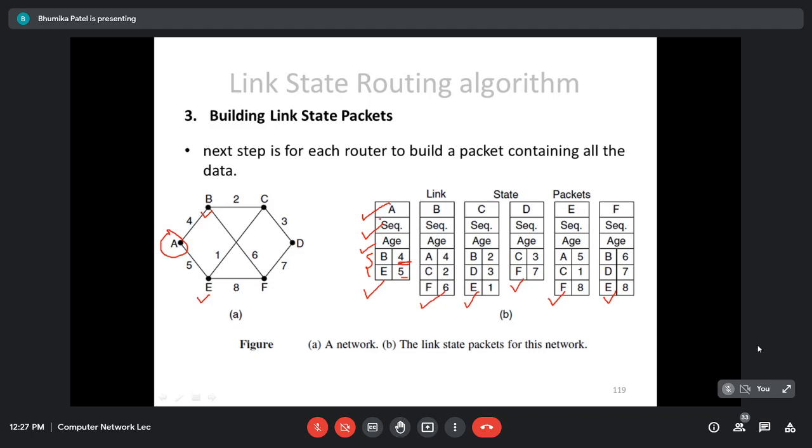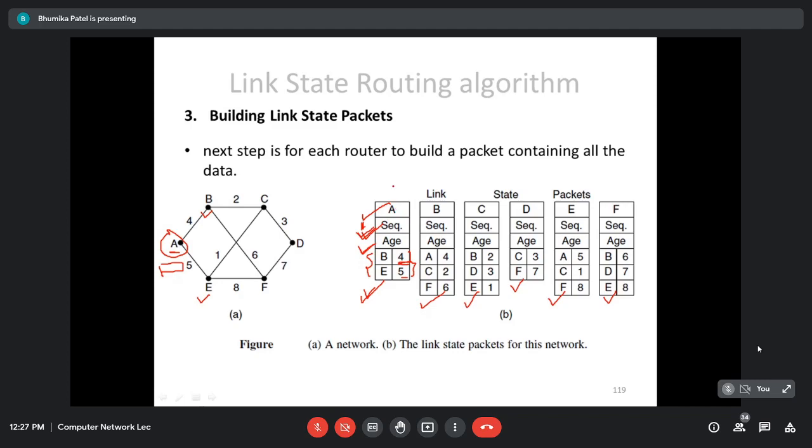So as you can see here, the new terms are sequence number and age. Neighbor information you understood, and the cost you can already get from this graph. So this new sequence number is nothing but, for example, router A is sending the first packet. The first time, what will it do? It will send a packet. So it has to keep track of how many packets it has already sent, and in order to keep track, it has to give a number to each and every packet. So here this is packet number 1 from router A. So the sequence number will be 1.